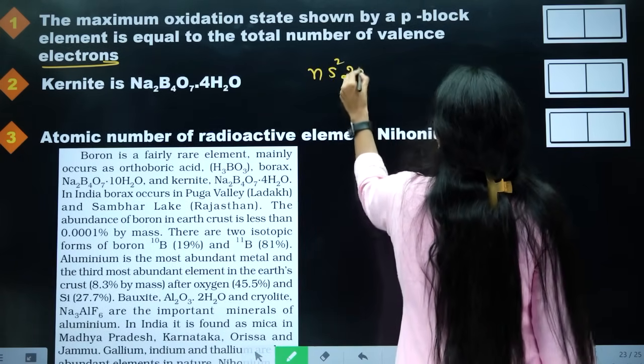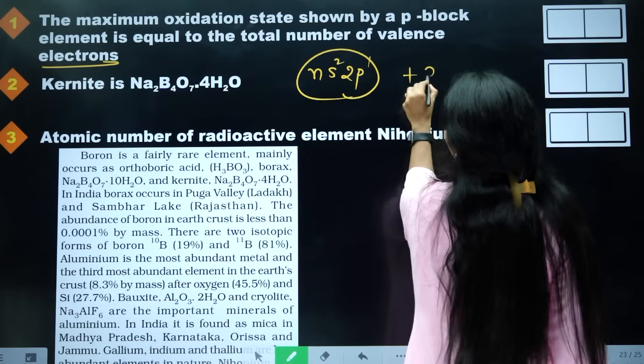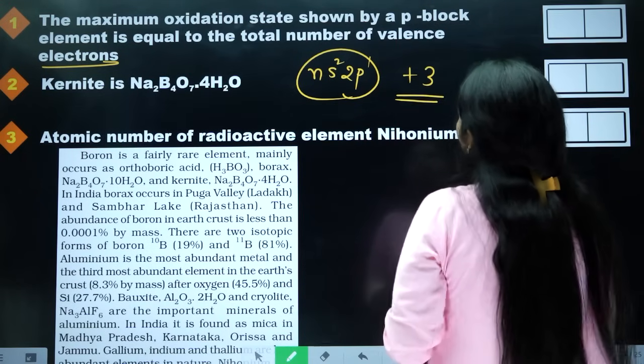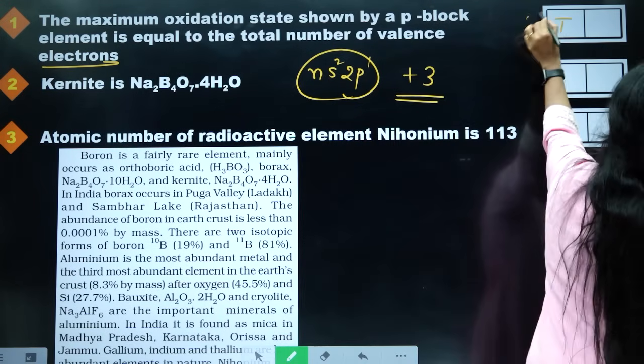N is 2 Np1. So they can show how much, plus 3 is the oxidation state they can show. Yes, true. Next,